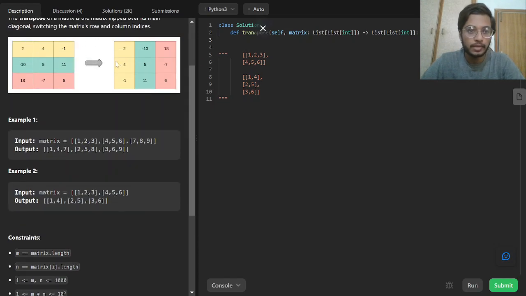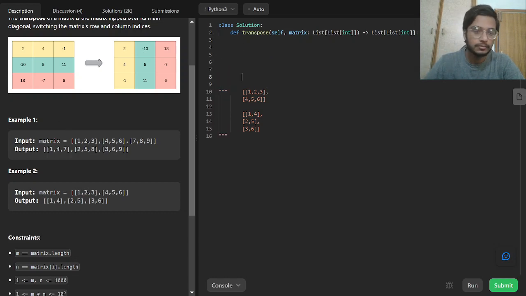have a square matrix like this, but it becomes tricky when you have a non-square matrix. You can say a matrix that is not in square form, a rectangular matrix. So here in this case you can see that 2, -10 and 18 are going to be a column here, and in the resultant form it will be in the form of a row. And 4, 5, 6, so do 1, -1, 11 and